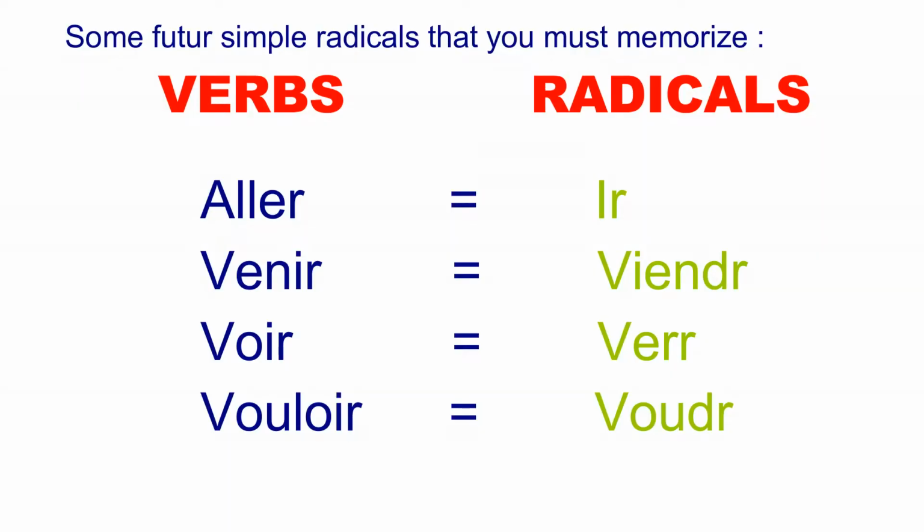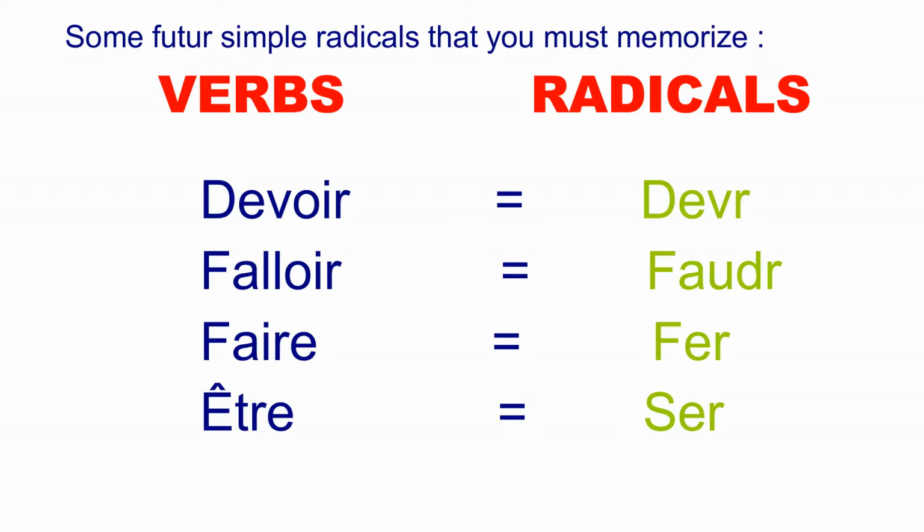What about the other verbs? How to form their radical? You just have to remember this small list of verbs and their futur simple radical. You must memorize these rest of the radicals. Aller, IR. Venir, VIENDR. Voir, VERR. Vouloir, VOUDR. Devoir,